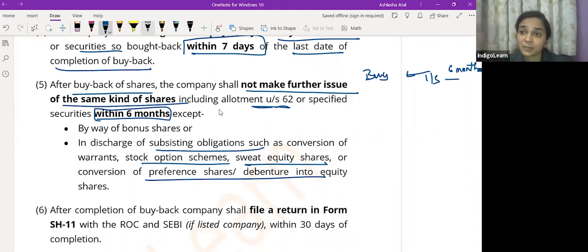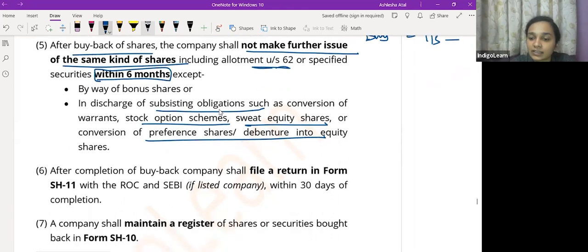But for the next 6 months, if I'm buying back today, I cannot make a further issue of the similar kind of shares or securities, except for bonus shares, conversion of preference shares or debentures, or under any option schemes or sweat equity shares जो मैं grant कर रही हूँ. इसके अलावा I cannot issue shares of similar kind to any person for the next 6 months. So 6 महीने का basically cooling period है कि अगले 6 महीने के लिए same type के security shares issue